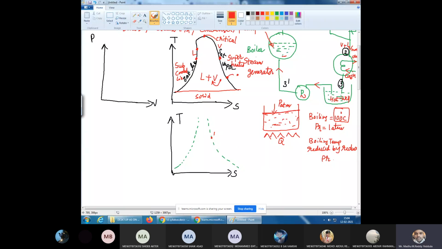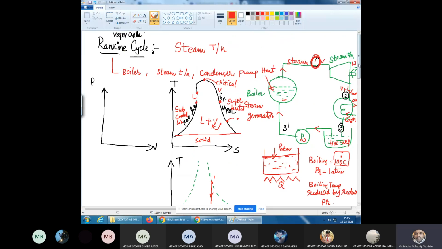Here in the TS diagram, the expansion is isentropic expansion. Always, expansion of the steam or compression of the air will take place isentropically. Isentropic means that during this process, there is no question of adding or rejecting heat. So an isentropic process is also called a reversible adiabatic process. During an adiabatic process, Q equals 0. That is the reason when the steam is expanding or air is compressing, it should follow isentropically. So the isentropic line will be vertical, 1 to 2. As I said, the steam leaving the turbine will be a two-phase mixture. If you see here, liquid plus vapor is coming.